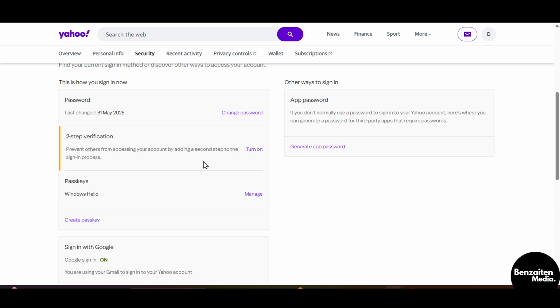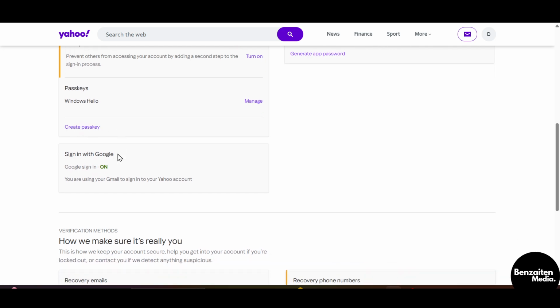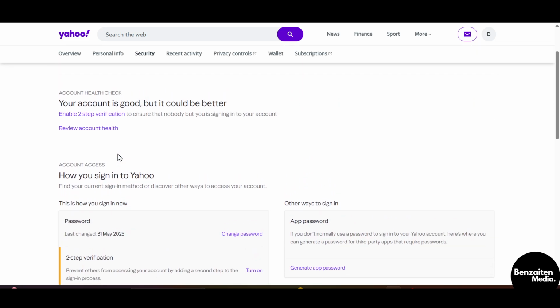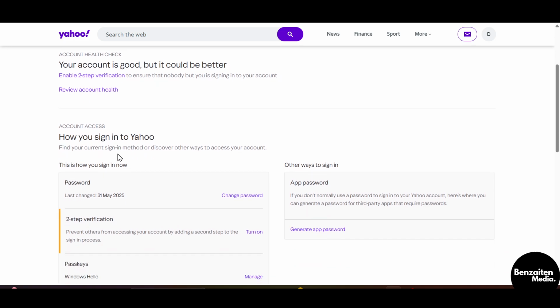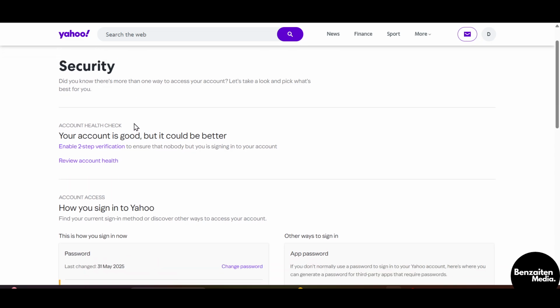And if you want it more secure, you can see this passkeys option. From here, you can click on create passkey and then you can create your new passkey from which you will be able to log into your account directly via the passkey. And this is how you can